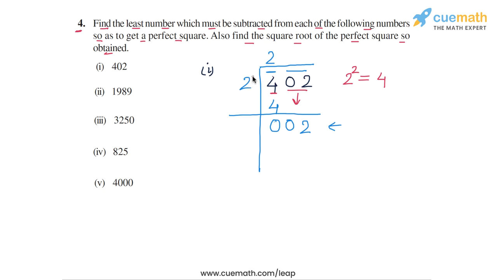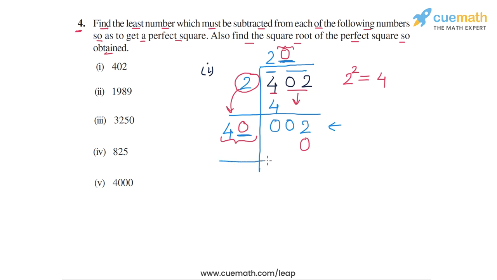To get the divisor, we take this digit 2 and we double it, and that gives us 4. And now we have to find the largest possible digit, which will go here to the right of 4 and also here as the second digit in the quotient, such that the product of this number here and this digit here is less than or equal to the dividend, which is 2. And clearly that largest possible digit can only be equal to 0, because 40 into 0 will be equal to 0. And we can't take a digit larger than 0 because then the product will become greater than 2.